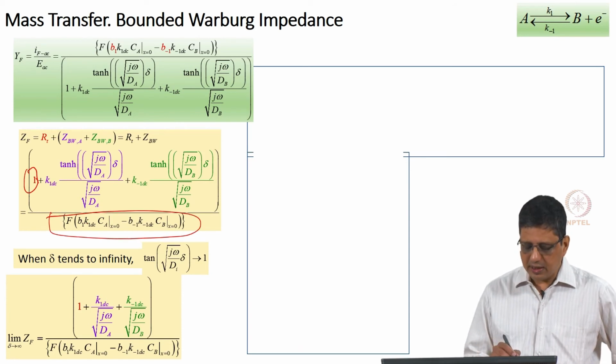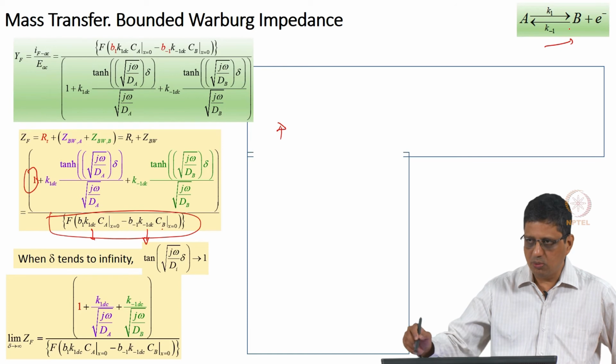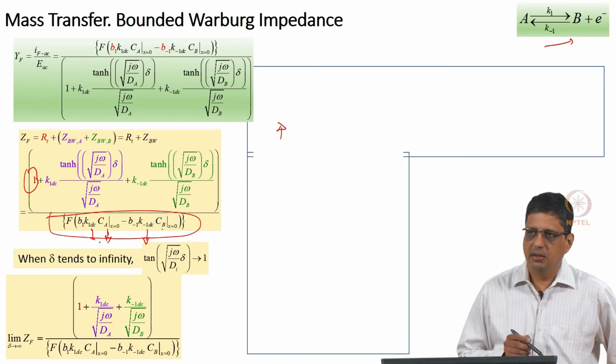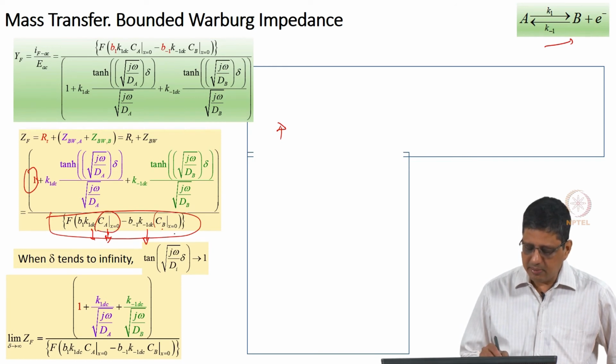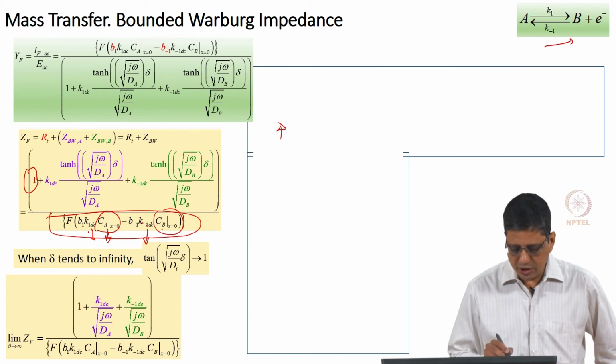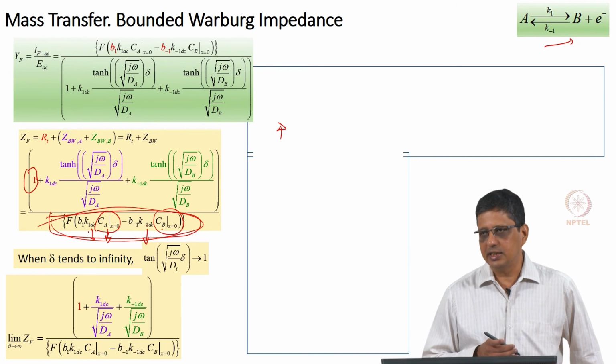When I increase the potential, K 1 dc will increase, K minus 1 dc will decrease, concentration of B will increase because I am producing more B. I am driving the forward reaction more, and the concentration of A will decrease. Earlier, when we assumed mass transfer was very rapid, we said C A is fixed, C B is fixed. Then when I increase the potential, K 1 dc will increase, K minus 1 dc will decrease. In general, the denominator will increase, and therefore, we would say the charge transfer resistance would decrease.